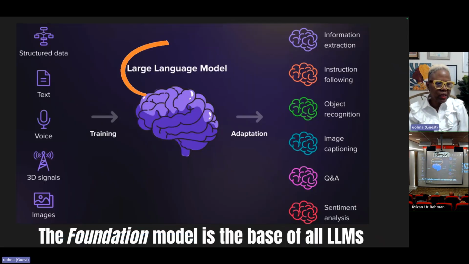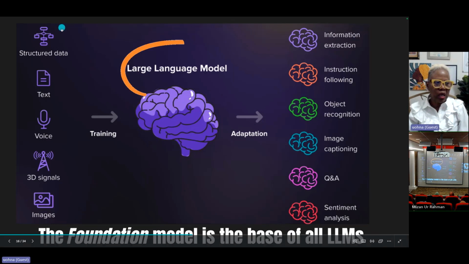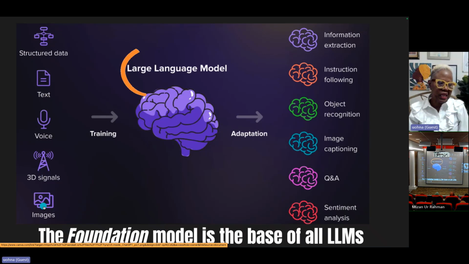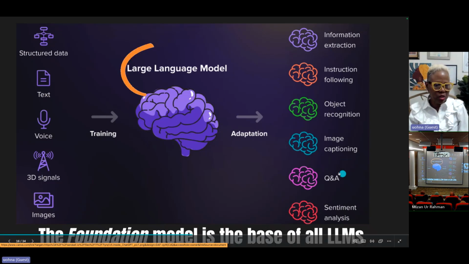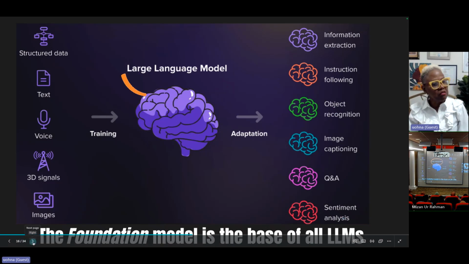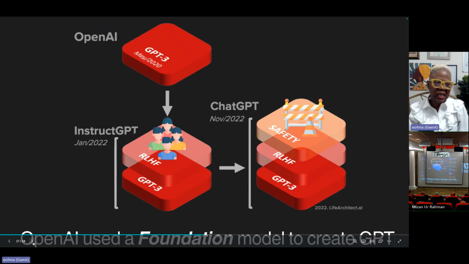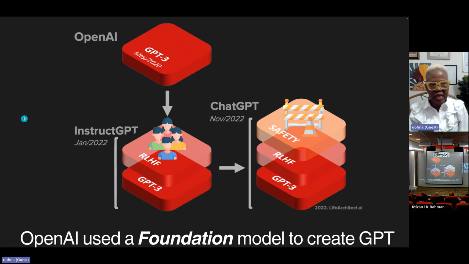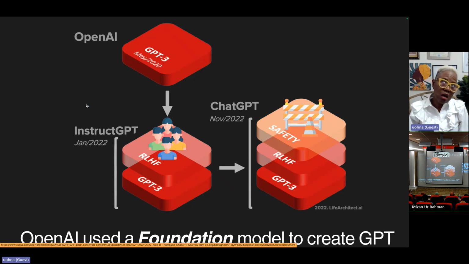So the large language models, as we know them now, can be trained on structured data, text, voice, and signaling, and they can perform all of these types of activities. That's how we get to the types of models that we have today, and that includes not just GPT-3, but Bard and Bing, Claude, and Cohere,